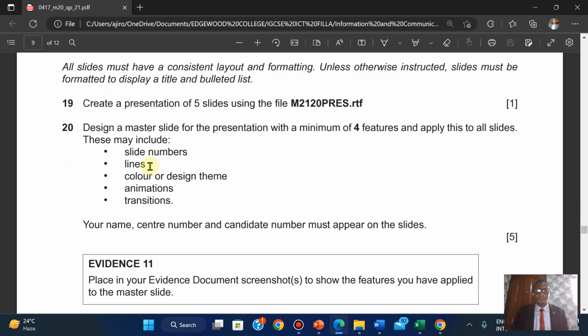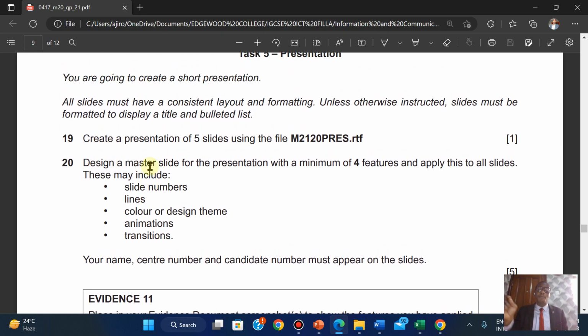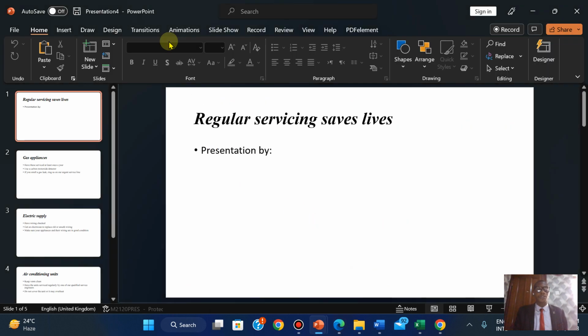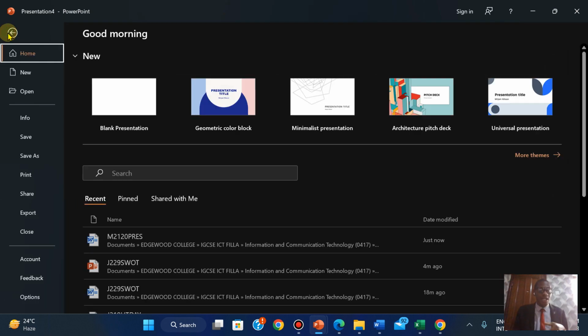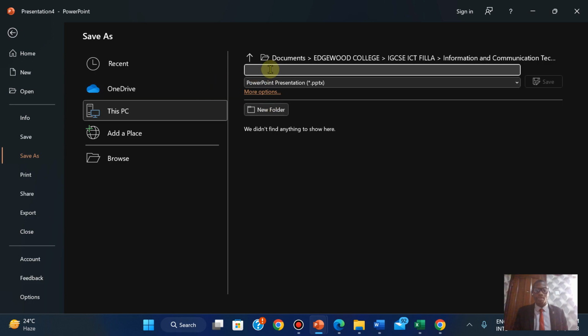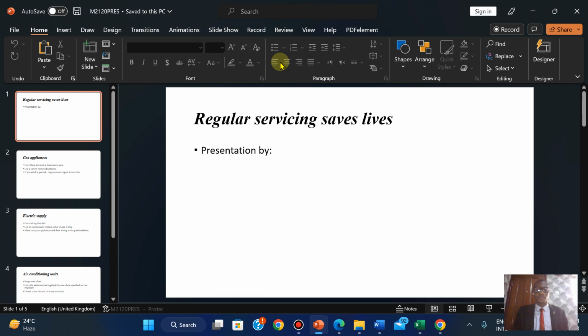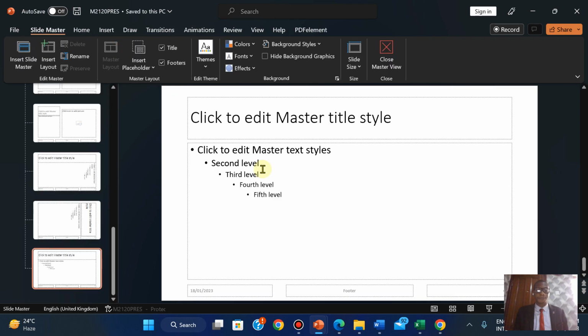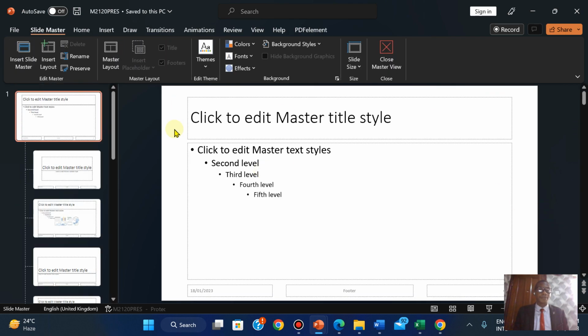Design a master slide for the presentation with a minimum of 4 features and apply this to all slides. This may include slide numbers. Let's get right to it. Before we start, let me save this as a presentation. So I'm clicking on Save As, and I'm pasting what I copied here. So this is done. I'm going to View, change this to Slide Master, and